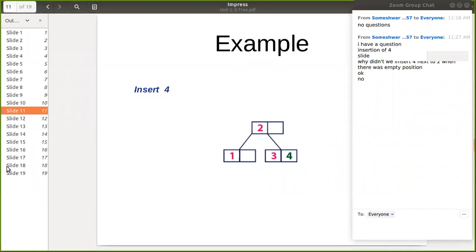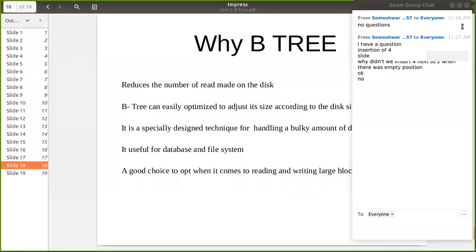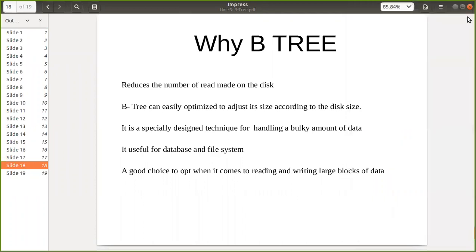So next part is, why do we have this type of implementation, the B tree? This is somewhat difficult to implement. Even deletion is more complicated. It is not expected in our case. We are just covering the concept: what is the B tree, why it is used, how we search for an element, how we can insert an element. Even so, I can give a brief overview of the delete operation. Before that, we'll see why we are using B tree.